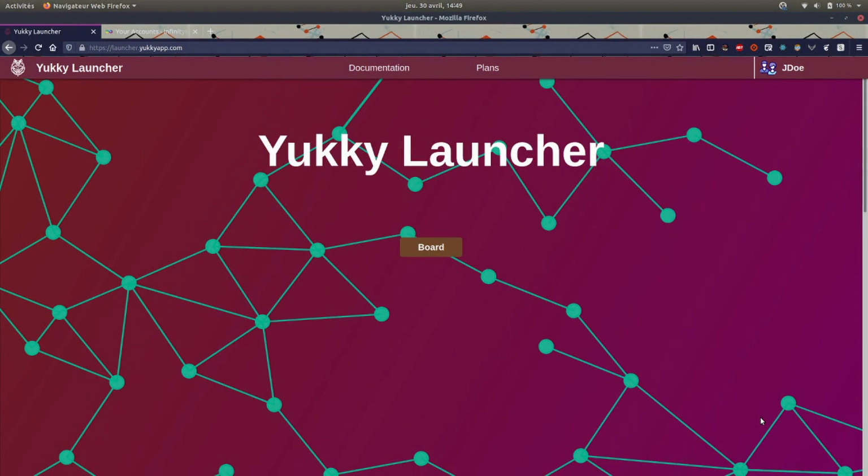Hello everyone, in this video I will show you how to allow your users to update the launcher if the Yukky Launcher team make a new version. So it's not really clear, but let's say the Yukky Launcher team wants to add a little button in the launcher where the user can click and which will show the release note of the last